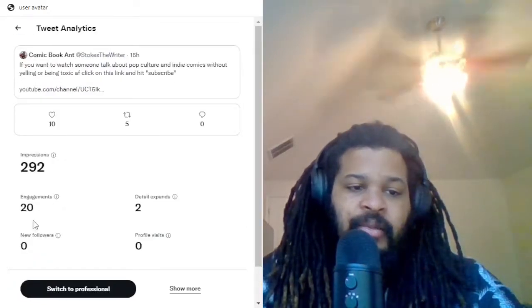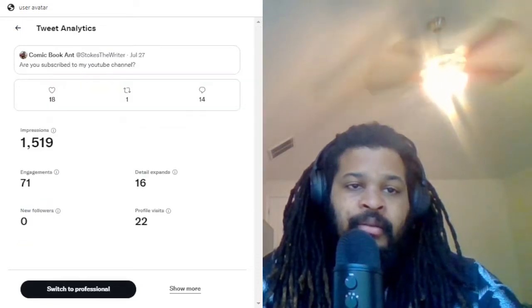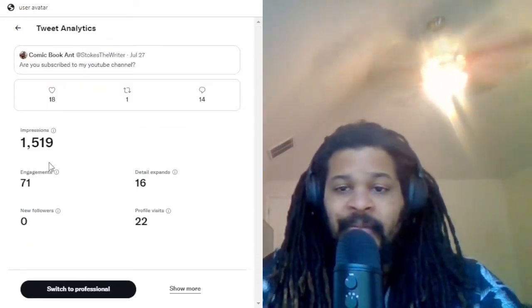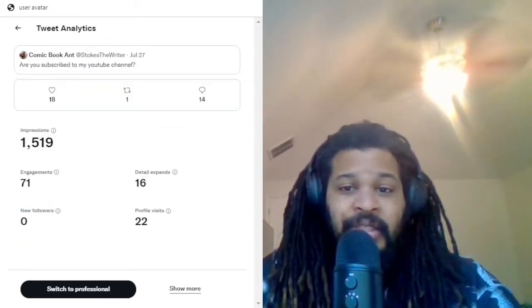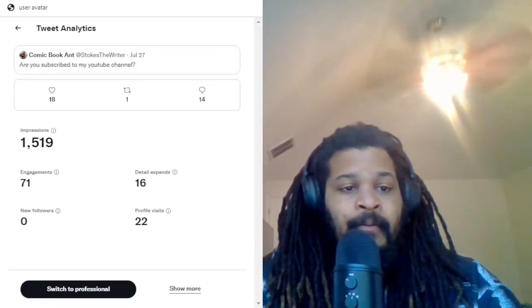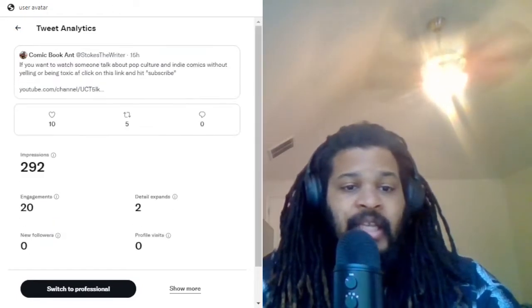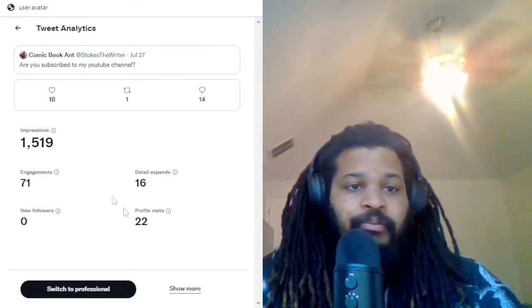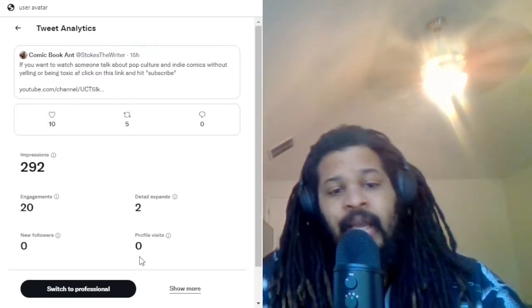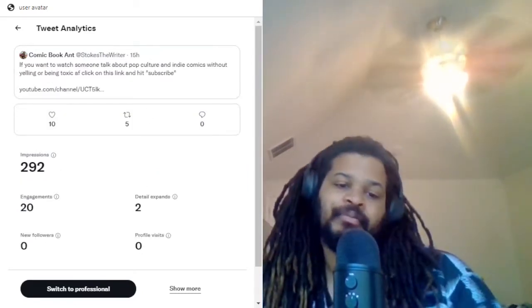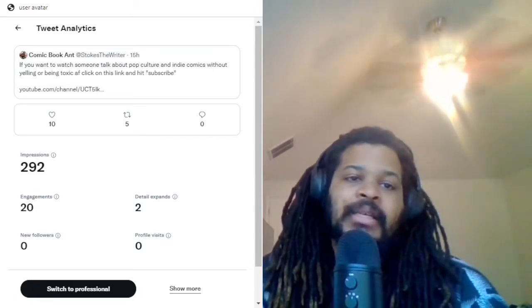Well, not a side by side, but like, I'm not a mathematician. 6 times the impressions, 3 times the engagement, more profile visits. And the profile visits are important. They're also important because